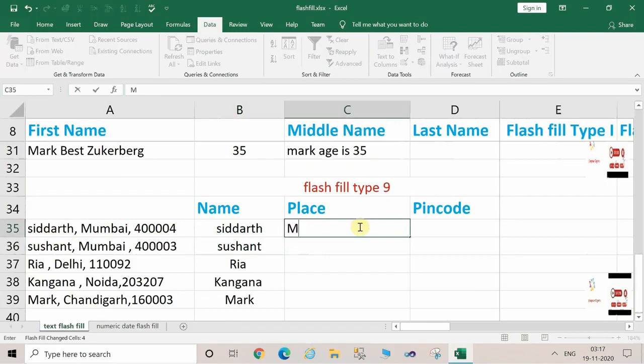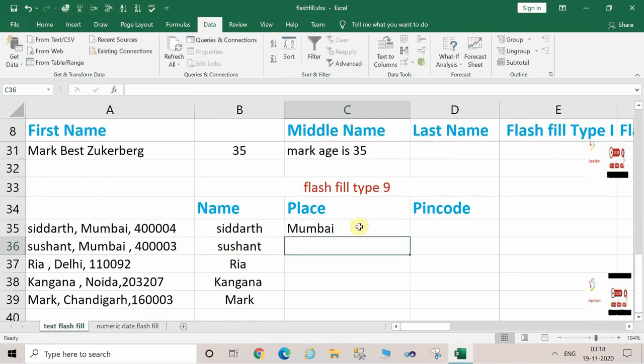In the same way, we can try the place. We can extract the place from the given information. We will type here manually Mumbai and